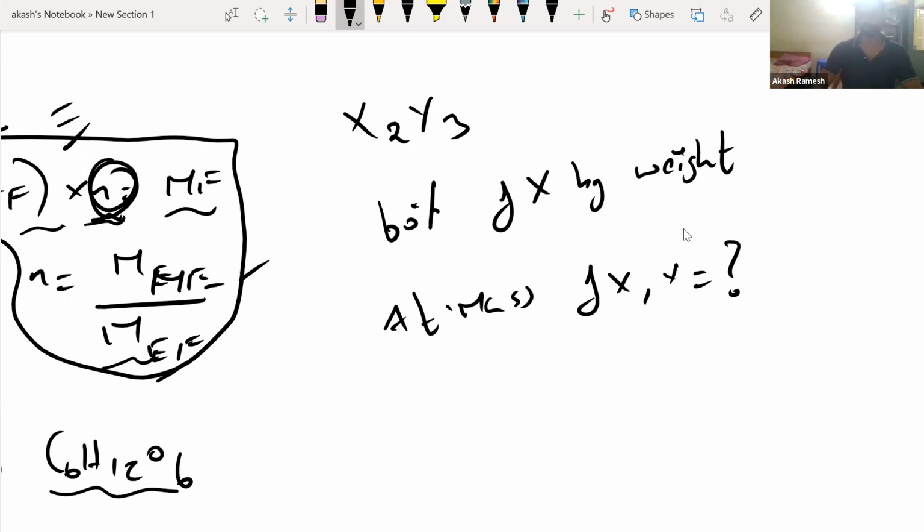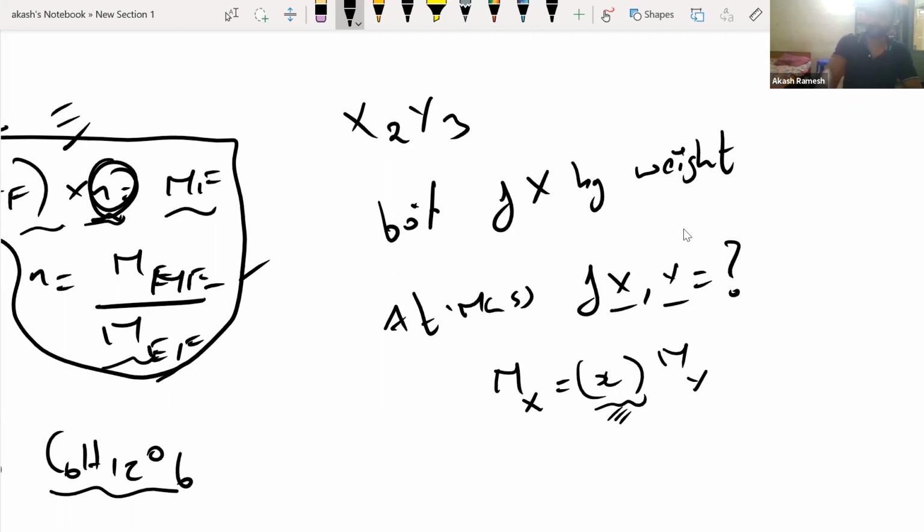Oh, the question, I'm sorry, guys. You don't have to find the values of the molar mass and atomic mass of X and atomic mass of Y. Say you do it like this: atomic mass of X is equal to some value x into the atomic mass of Y. Tell me what this x is in terms of fraction. You don't have to tell me the exact decimal value. You can even tell in terms of fraction, say 2/3 or something like that. Okay, hope you understood the question.